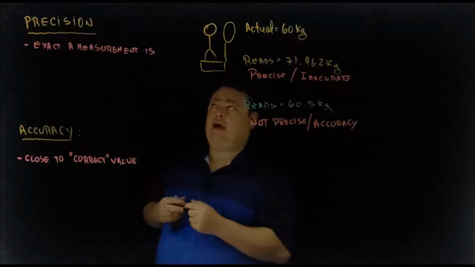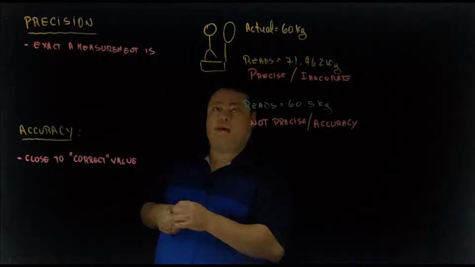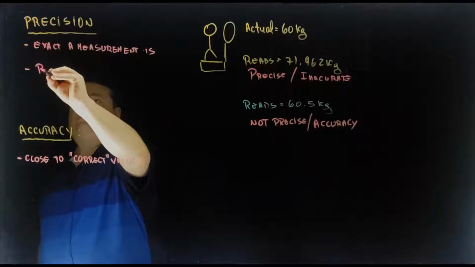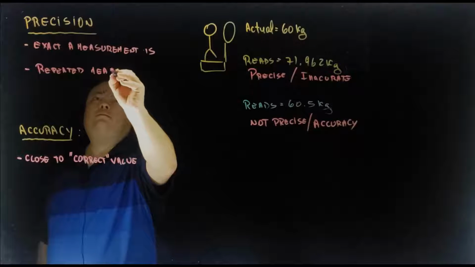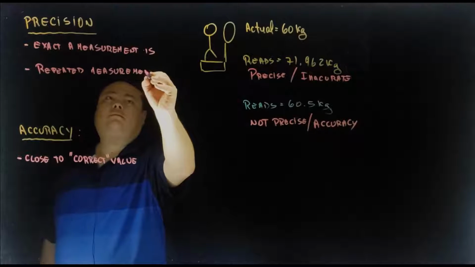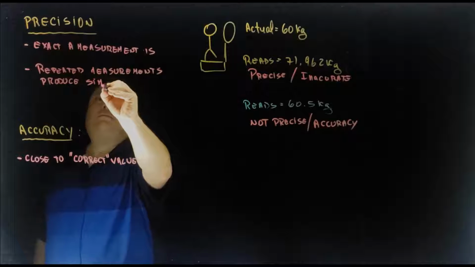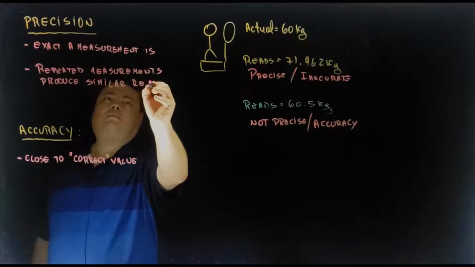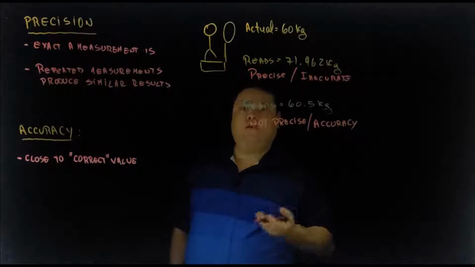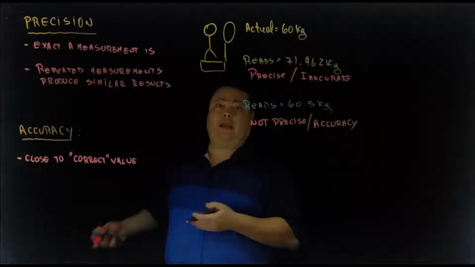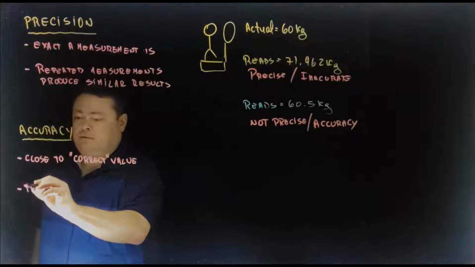In a lab, usually a precise measurement, a precise lab will have repeated measurements produce similar results. Okay? And the idea of accuracy in a lab is your result comes close to